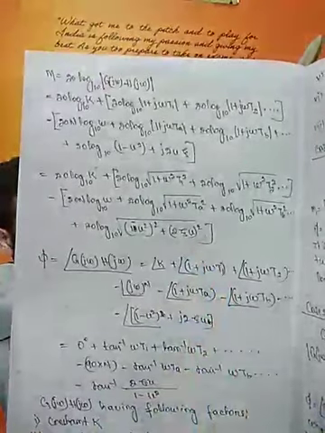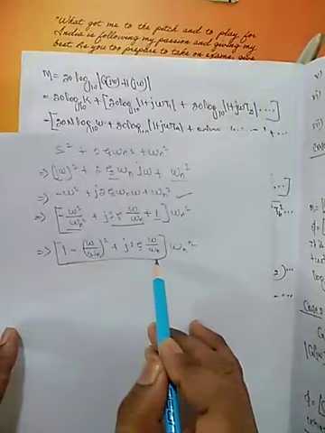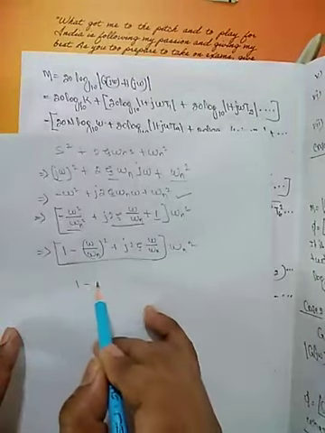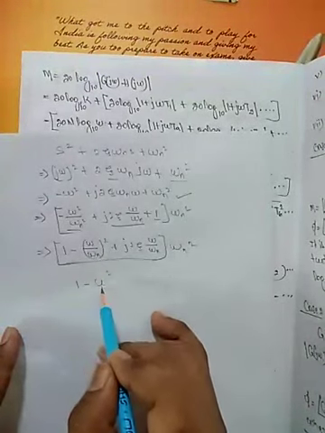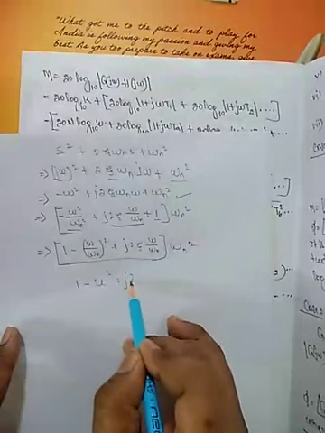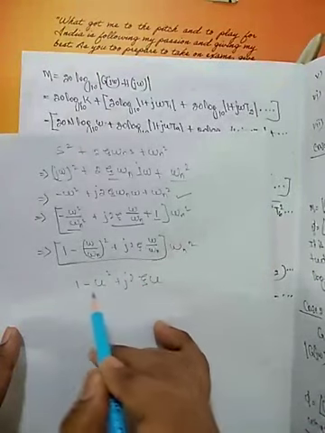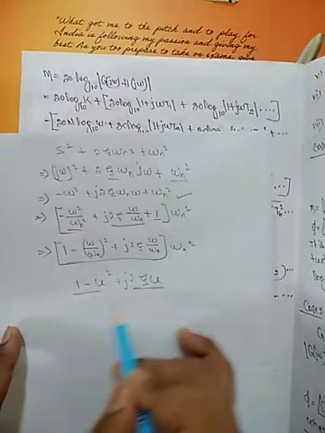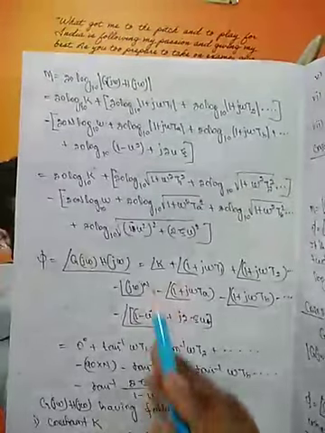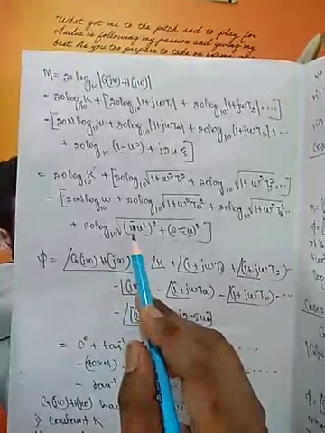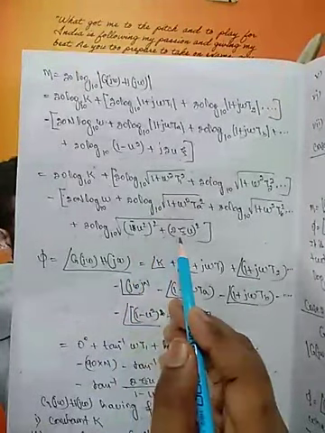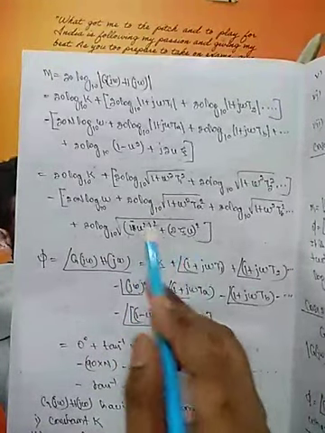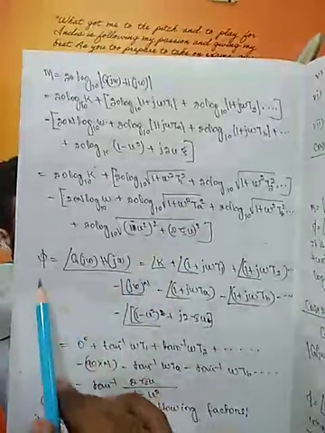For the complex conjugate pole factor, you take u = omega by omega n, giving 1 minus u square plus j 2 zeta u. This is the real part, this is the imaginary part. So we write the magnitude as the square root of (1 minus u square) whole square plus (2 zeta u) square.